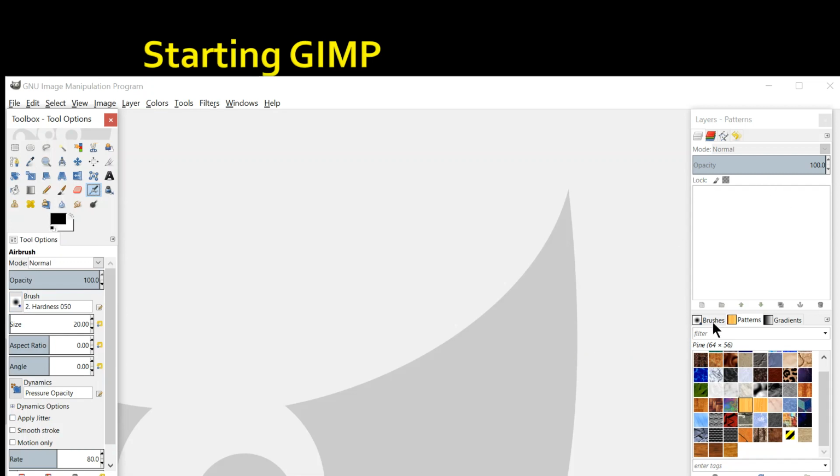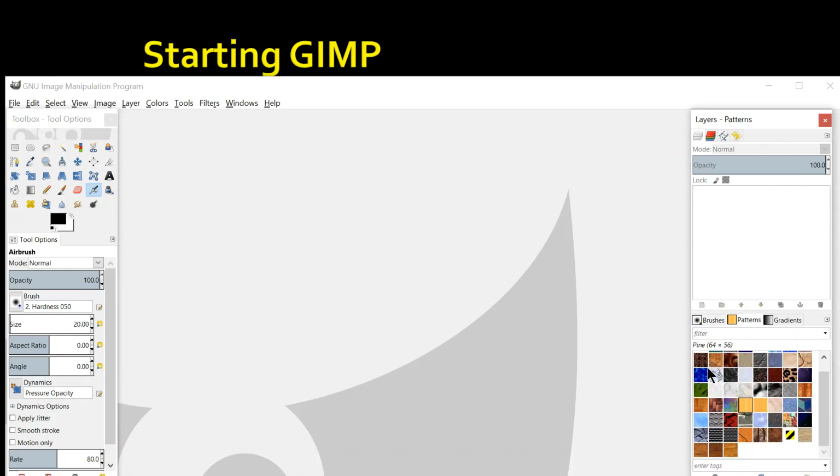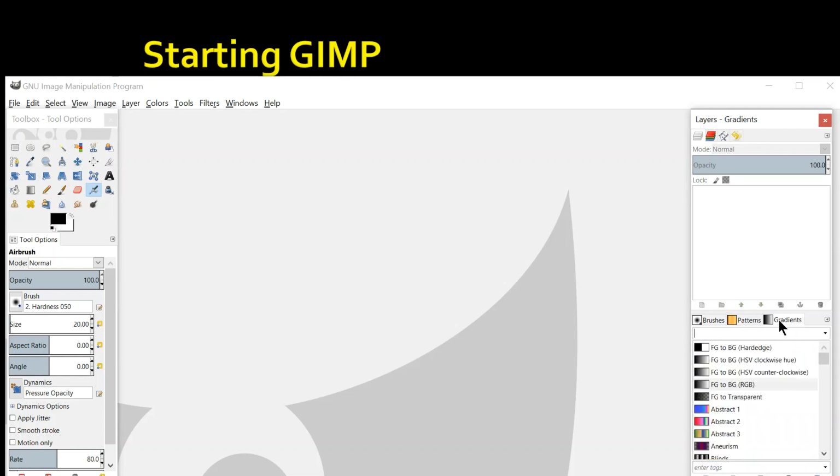Right? Now here the dockable panel. Dockable panel for gradients and brushes, different types of brushes if we want, just click here. अलग अलग टाइप के ब्रश आपको दिखेंगे, जो भी आपको अपनी पेंटिंग में यूज करना है. Patterns, different types of patterns will appear here. बैकग्राउंड में कोई पैटर्न लेना है आपने. Different types of gradients, color combinations. Fine. That you want to take, that can be taken from here. I think it's clear to everyone.